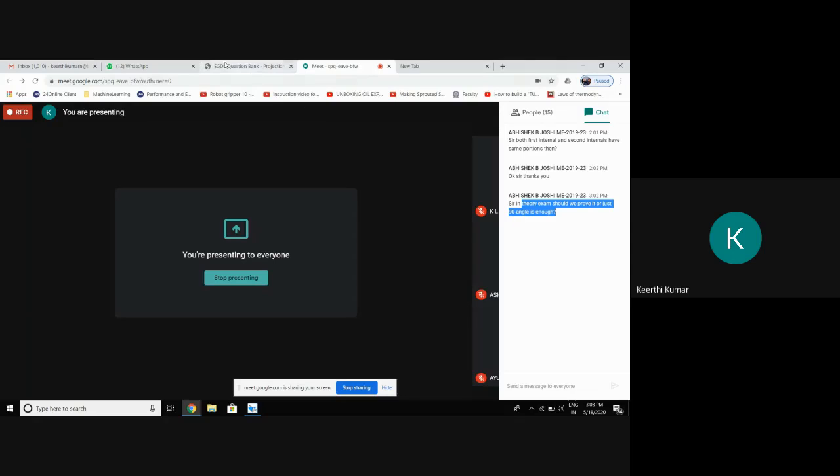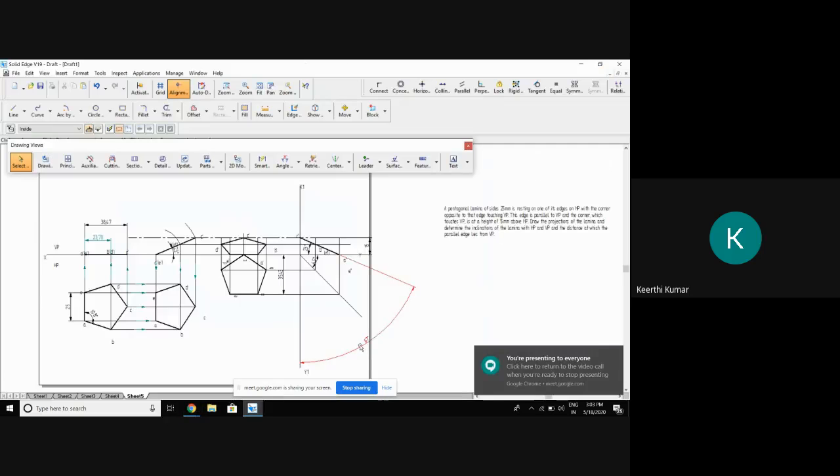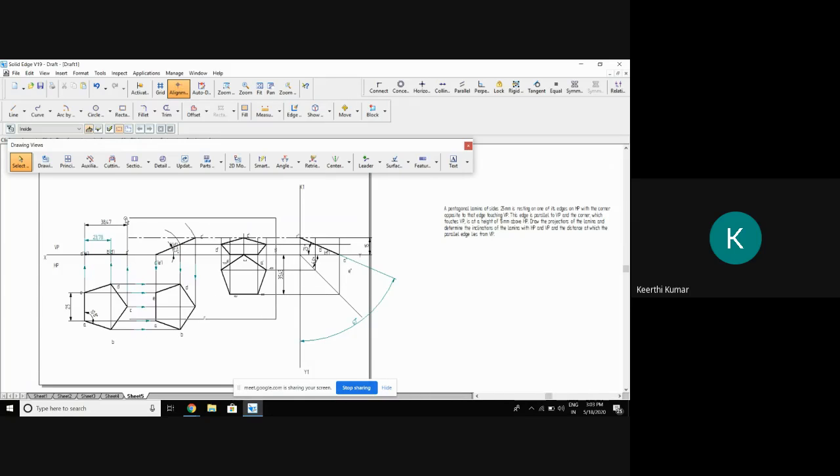See, if you know that this will come 67, and after drawing this, if you're not getting 67, then you should understand you have made a mistake somewhere. That is the thumb rule I explained. Thumb rule I explained to you that this will be 90 minus 23. That means 67 has to come. You have to show that if it is 67, then the solution is correct.